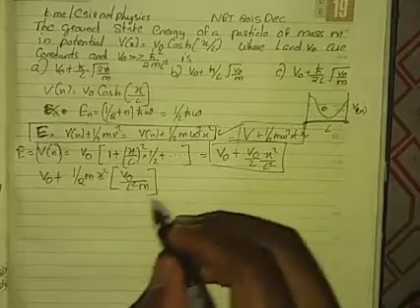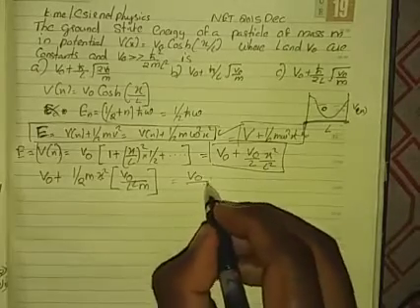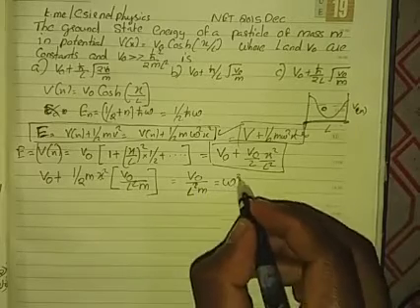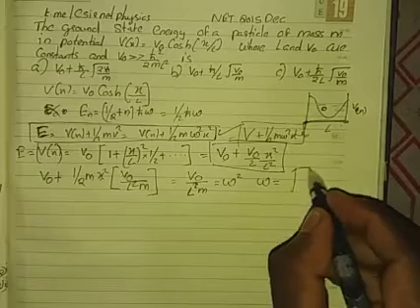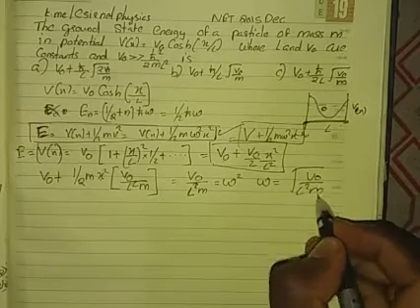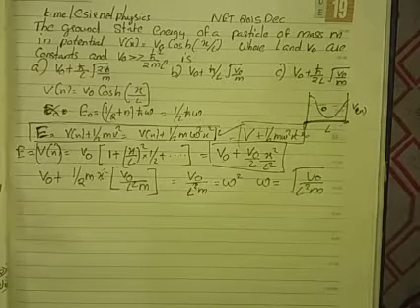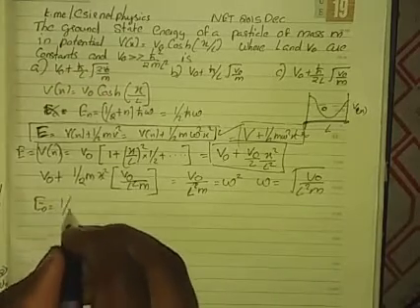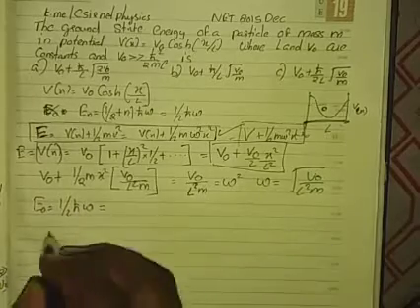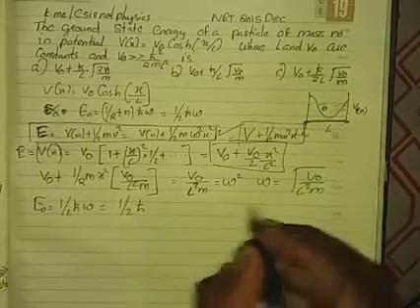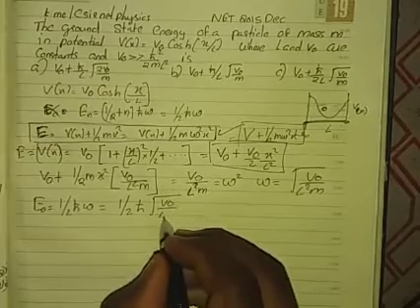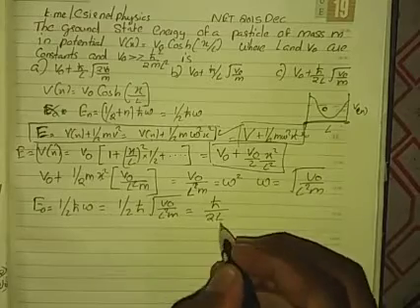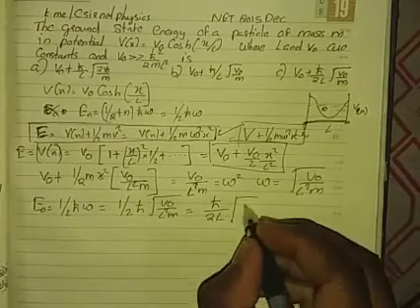When you compare these two equations, you can see that V0 by L square m is equal to omega square. So omega is equal to root of V0 by L square m. Now I can go to the ground state energy equation, E0 equal to half h cut omega, and substitute that value. I get half h cut into root of V0 by L square m, and L can be taken outside, so you get h cut by 2L times root of V0 by m.